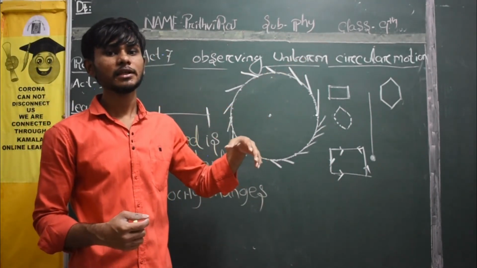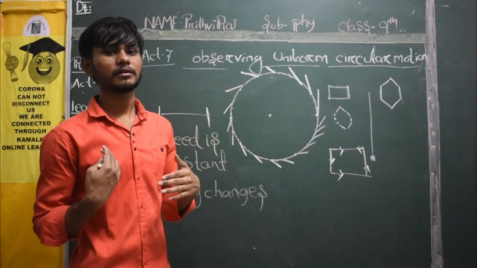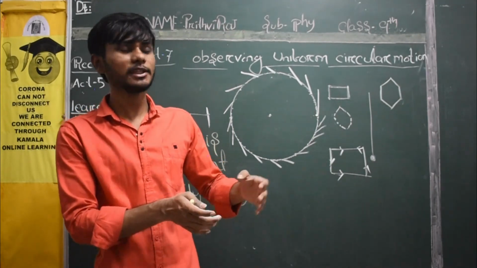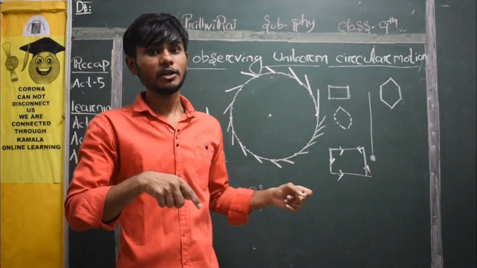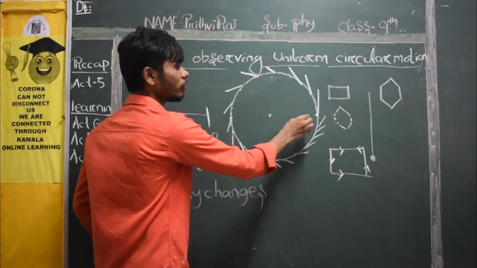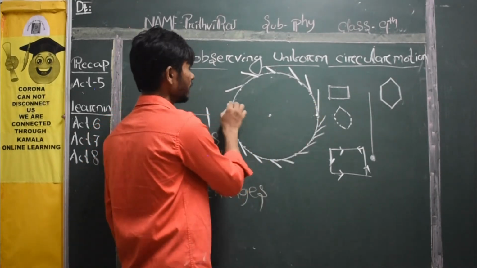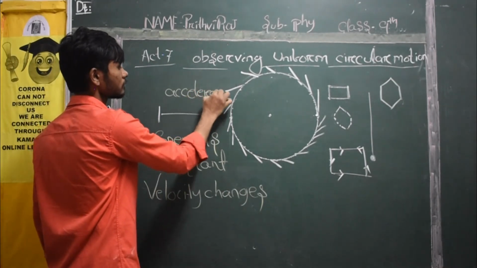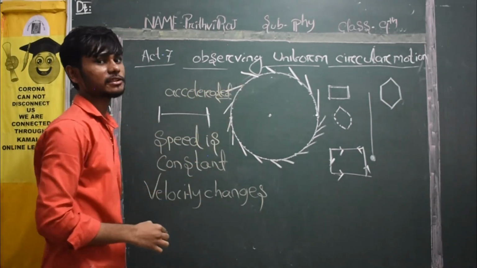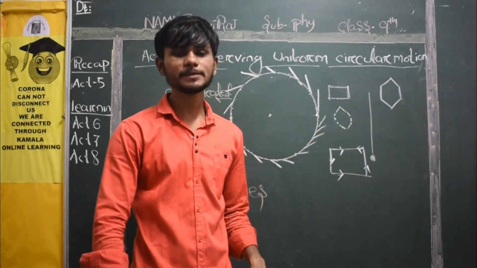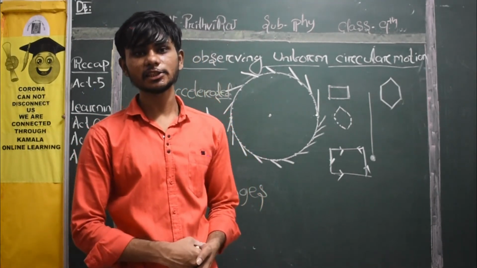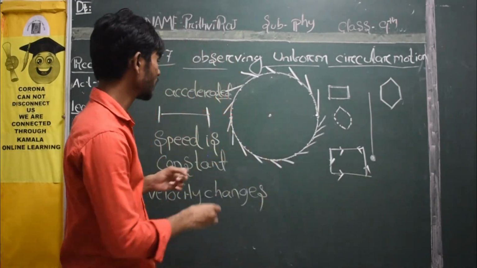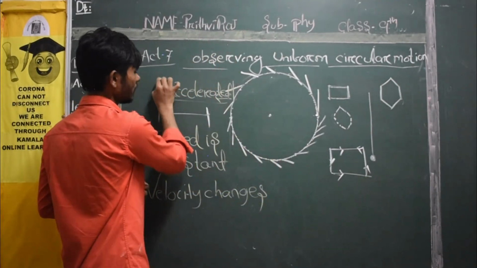And students, you need to remember we are observing uniform circular motion. Uniform means speed is the same. Your uniform is what? Equal distance covered in equal time intervals. That's what uniform means. But in a circle, you should always remember a body moving in a uniform circular motion is said to be accelerated. So what is this acceleration? We will read about it in our next period. In our upcoming class, we will read about the term called acceleration.